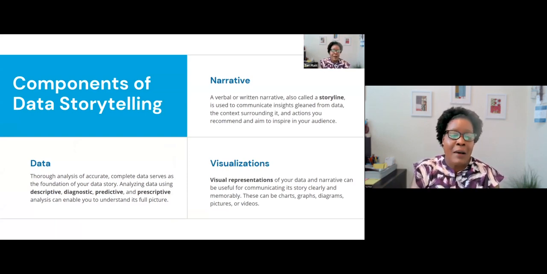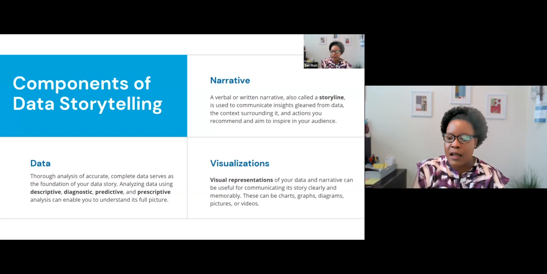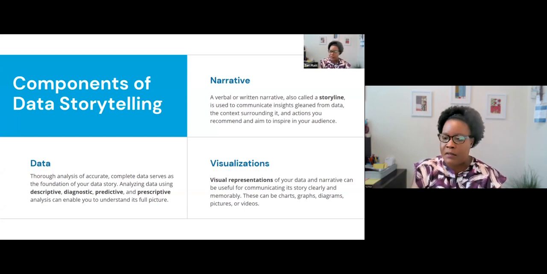But when we think about data, you want to be as thorough and accurate with the data that you're working with. You don't want to tell an old story. You want to tell the current story. So you want to work with the best data that you can to serve as a foundation for whatever that story is that you're trying to share. And so, when we think about how we're analyzing that data, we can do it in ways that are descriptive, that are diagnostic, predictive, or prescriptive. And so it depends on the story you want to tell, which is when we get to the